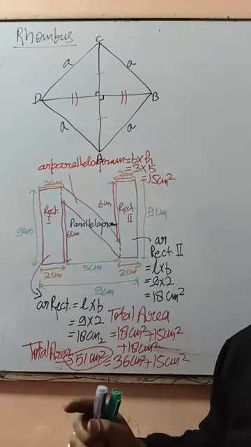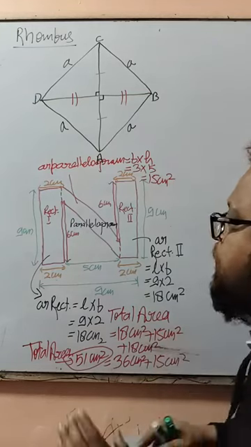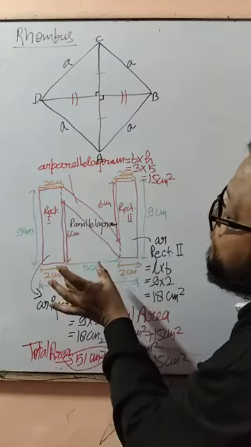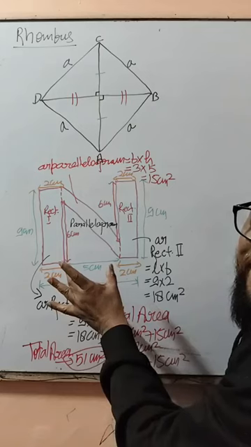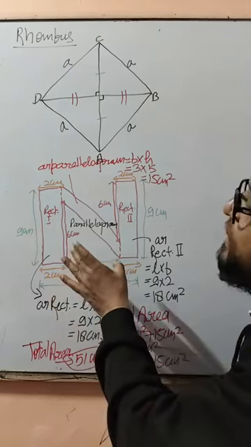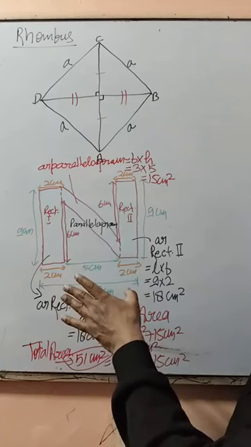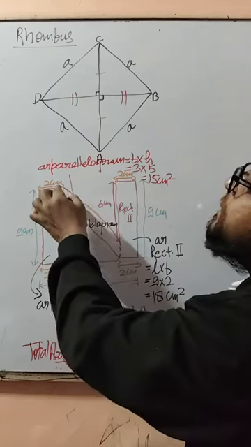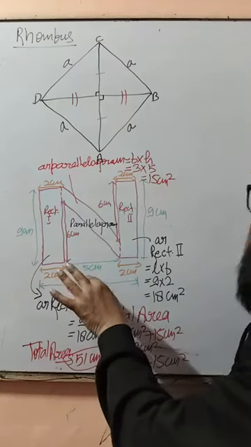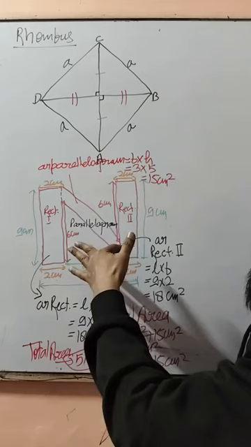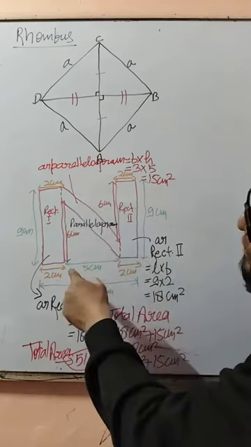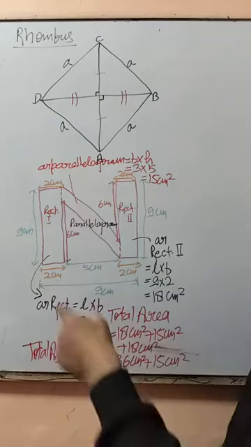Great. The tricky part is that this will be considered as a parallelogram, and this parallelogram will have height this. Right? You have to keep in mind. Maximum time children make a mistake. So this is the base and this is the height. In this question, this is the main trick. These two you can find out easily, but you can make a mistake in finding the area of this. This is the height and this is the base.